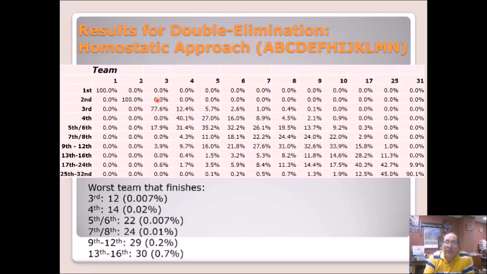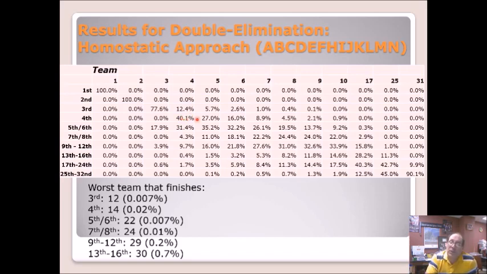The third best team comes in third 77.5% of the time. That's actually not too bad. It's a little bit lower than we had for the 16-team tournament, and a little lower than we had for the 18-team tournament. I think for the 16-team tournament, it was about 80%. But more than 3/4 of the time, the third best team finishes third, and that's actually doing pretty well. You get below that, it gets a little tougher. The fourth best team finishes fourth only 40% of the time,